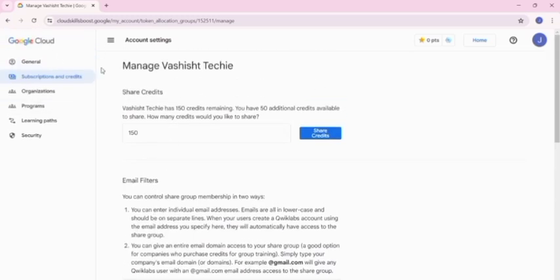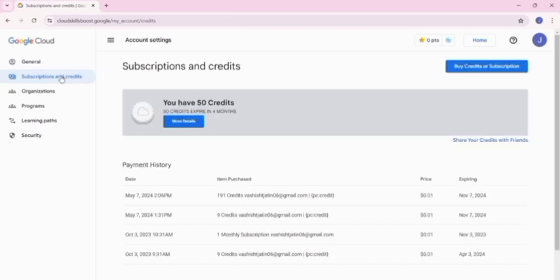Now moving back, if you click on the back arrow, then again click on the credit and subscription, you can see that I have only 50 credits now because I have given 150 credits to someone. Initially I had 200 credits.